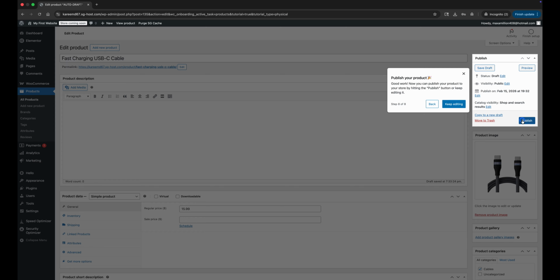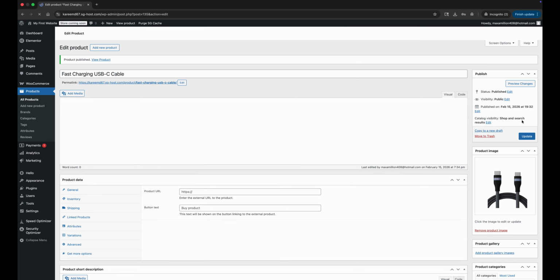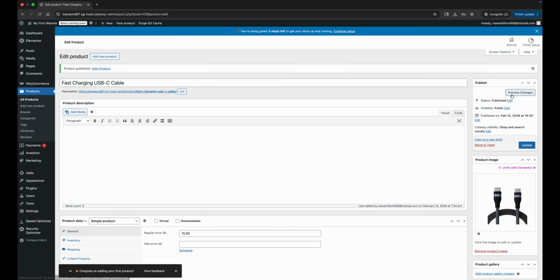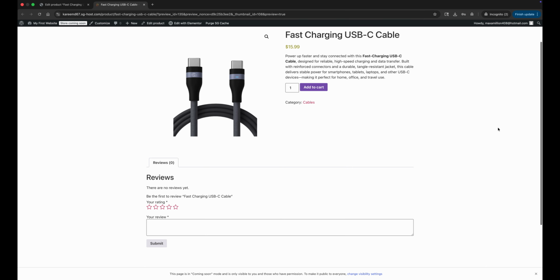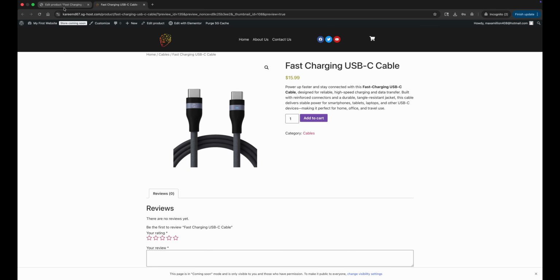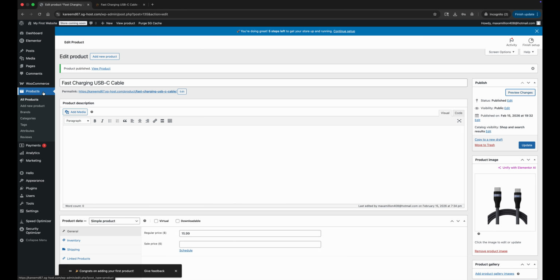Once we're done with that, I'll go ahead and publish the product so that we can preview it in our store. We can see that our product is created with our description, we're able to add to cart, and optionally leave a review. Let's go back to create another product, and this product will be a variable product, which means